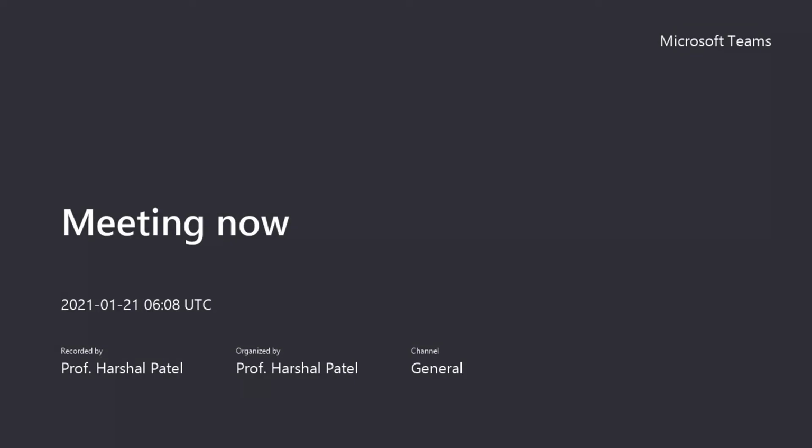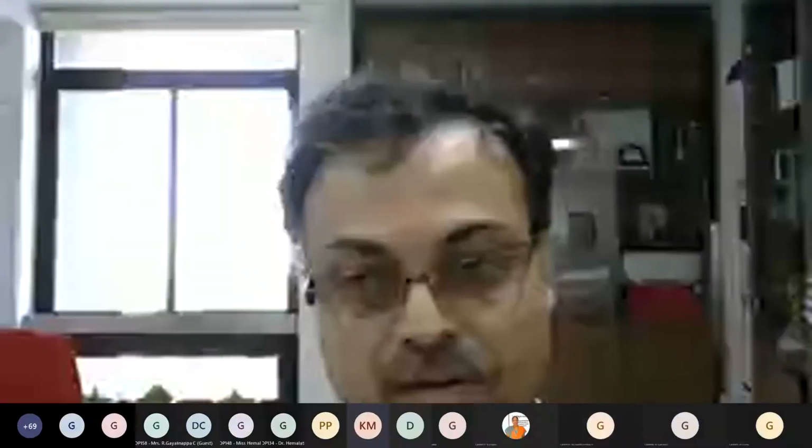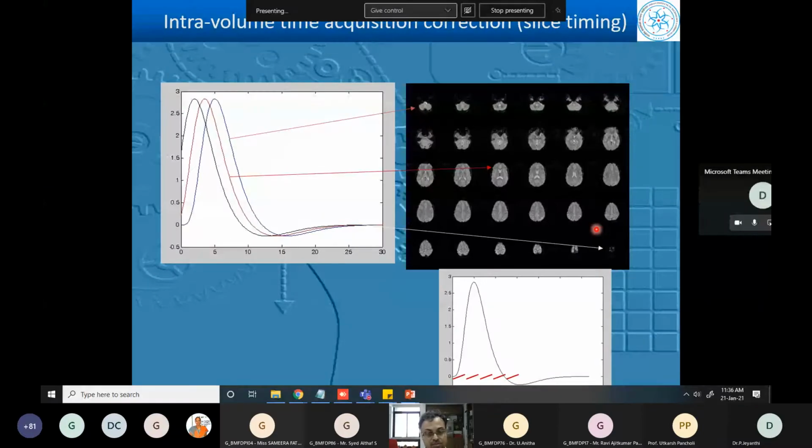Here you can get millisecond resolution, but you will not get the spatial resolution. You will not get such fine detailed images of the brain, right? You are only getting the electrical activity. So there is a compromise: either get a better temporal resolution or get a better spatial resolution. So what you do in that case is, again, you can do simple interpolation.